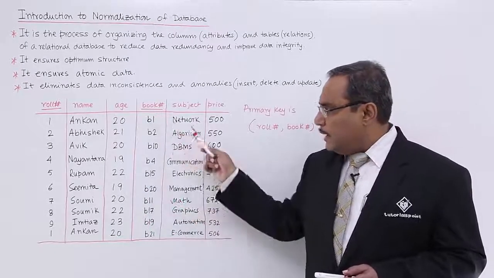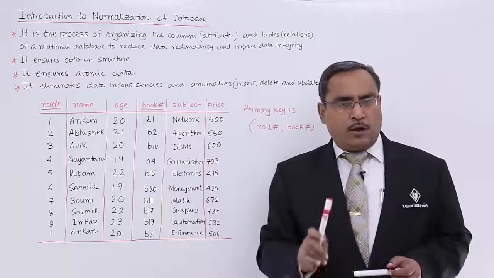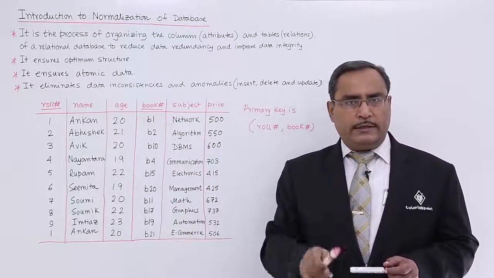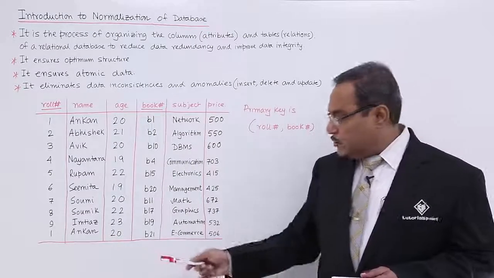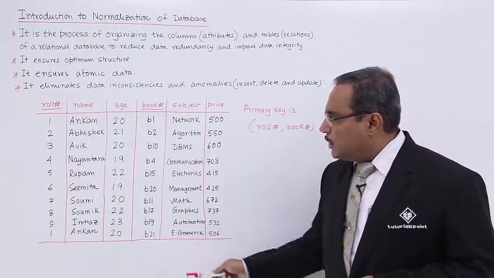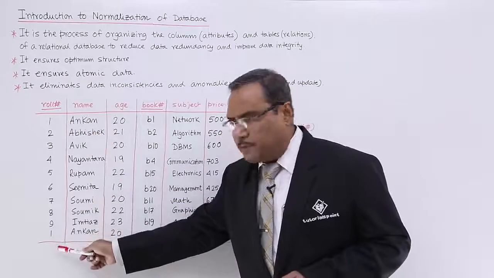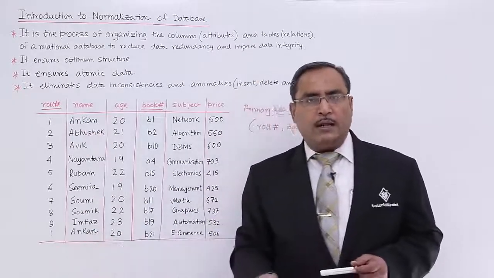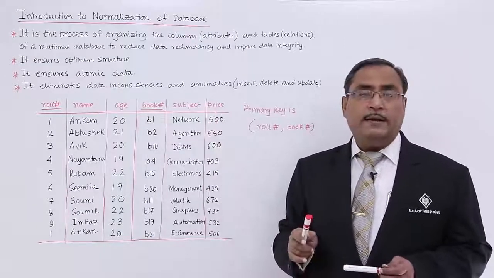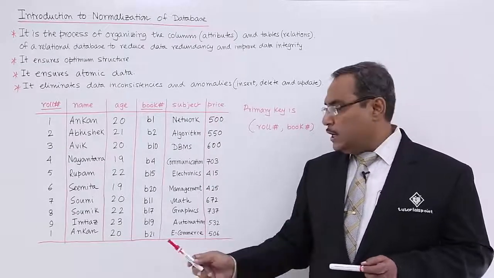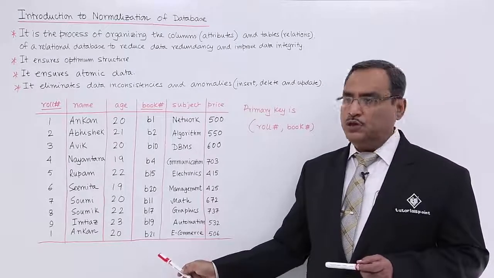So, you see the book entry in this particular relation cannot be done for the new books until and unless the book has been borrowed by one of the students, because if you make an entry for the new books, then the roll number against those 5 new books will remain null or void, and that is not allowed because roll number is a prime attribute. So, that is why new book entry is not possible.